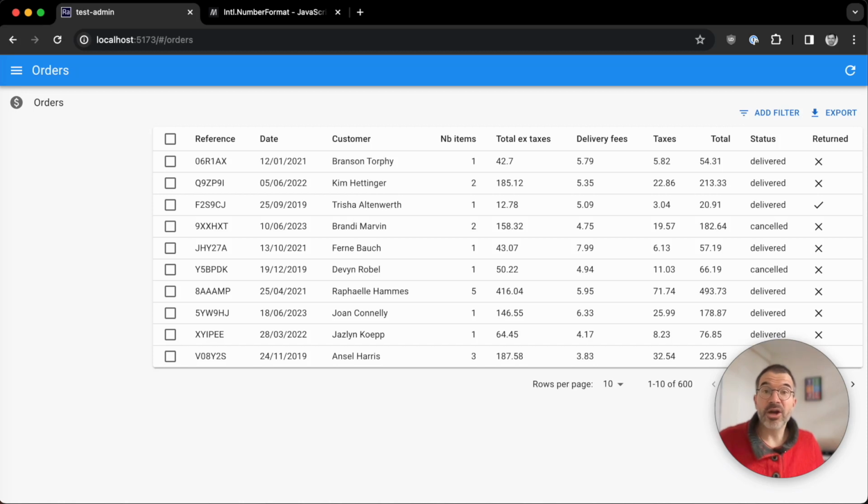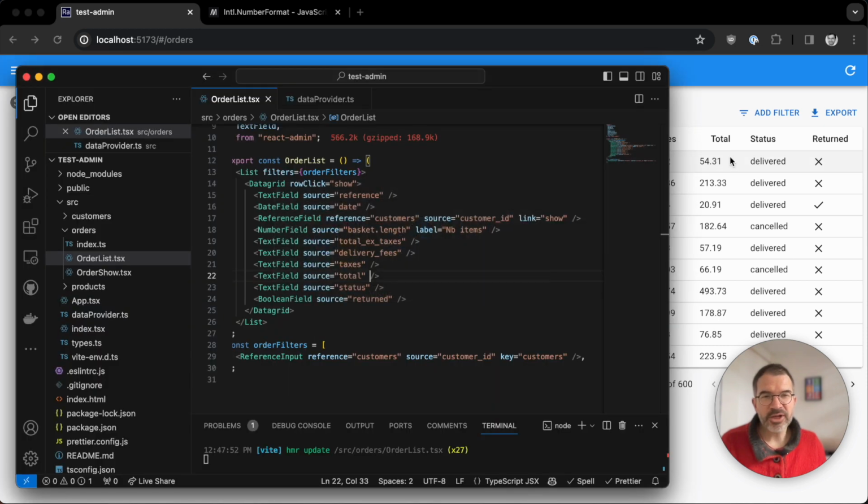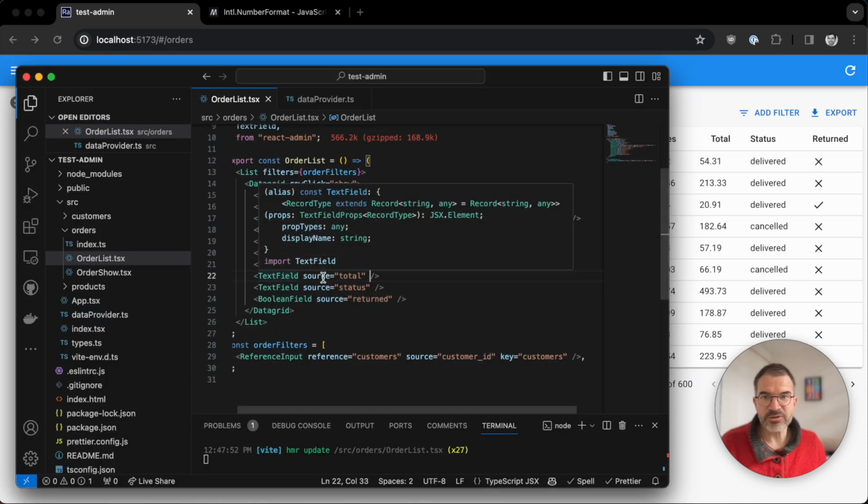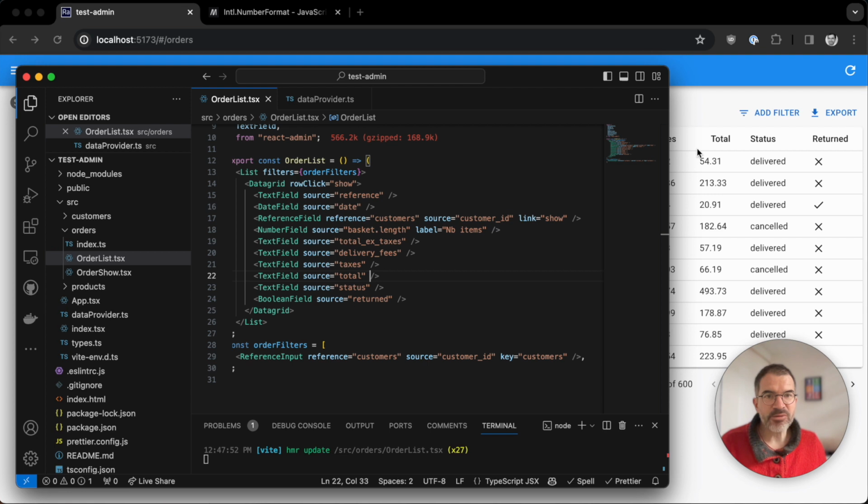The number field allows you to display a numeric value in any place where there is a record context, like for instance in this list view, a list of orders where there is a total column showing the total amount of each order. Currently it's not using a number field, it's using a text field, but as you see there is a problem. The text field is left aligned, and usually in tabular layouts users expect numbers to be right aligned.